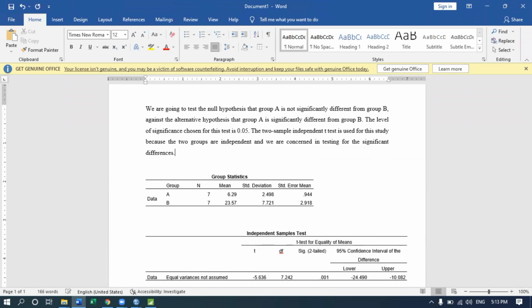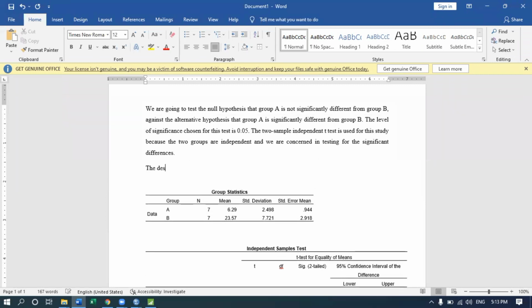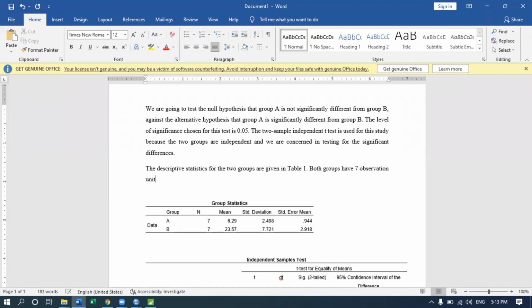So I can put the descriptive statistics for the two groups are given in table 1. Then you also have to maybe explain what we have there. So both groups have 7 observation units, or 7 sample points or 7 samples, depending on what you want,